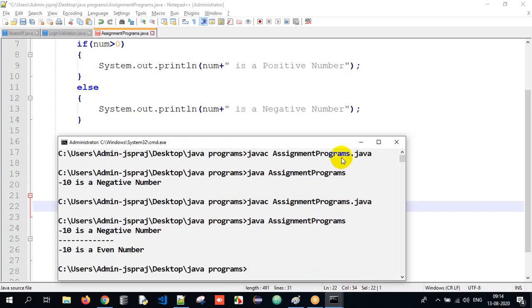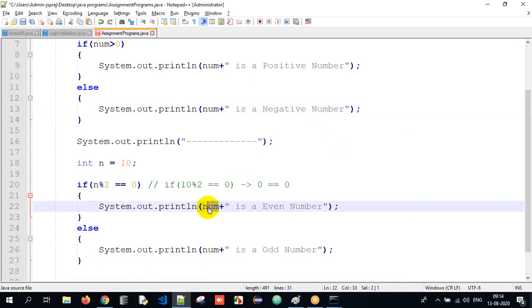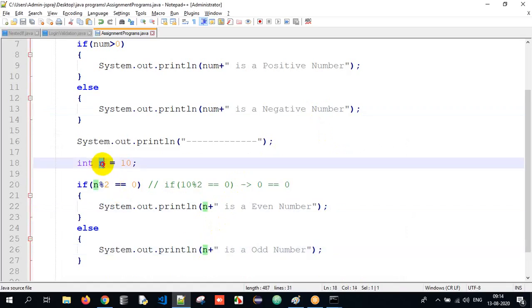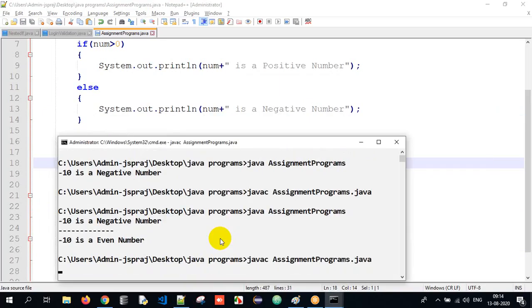Oh, I'm so sorry. I have to print the n value here. I was printing the num value only. That's the reason. I have to print the n value because I've considered the variable as n now. So I have to print the value as n here. So save it. Yeah. So now when I compile it,